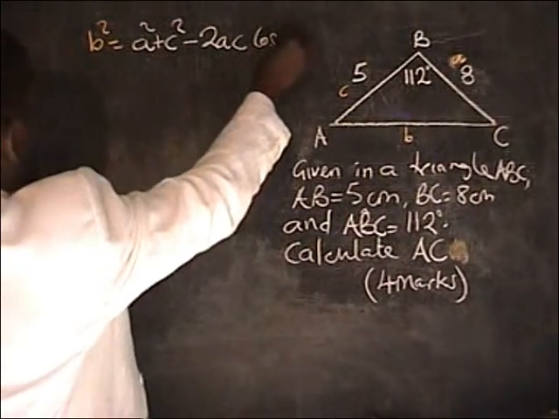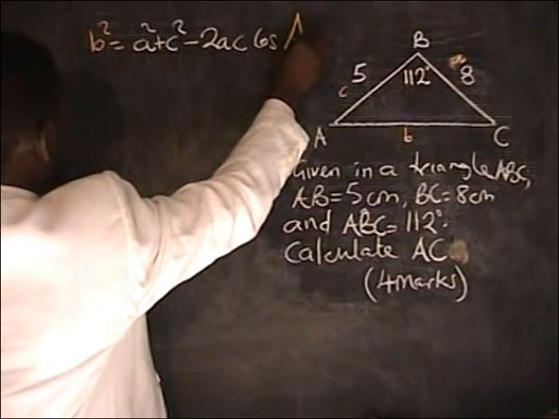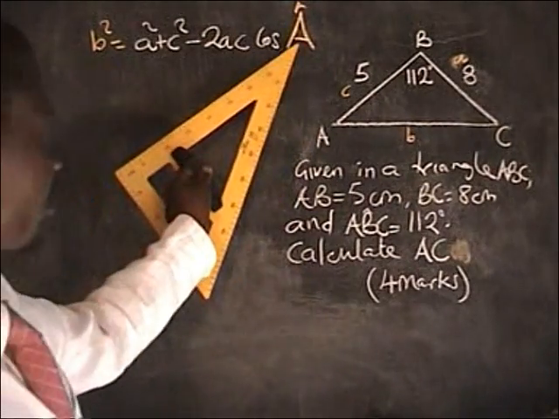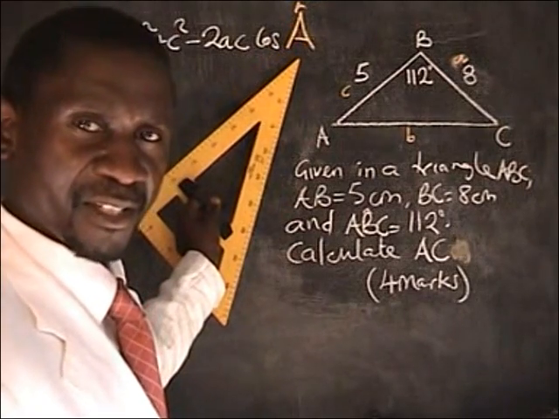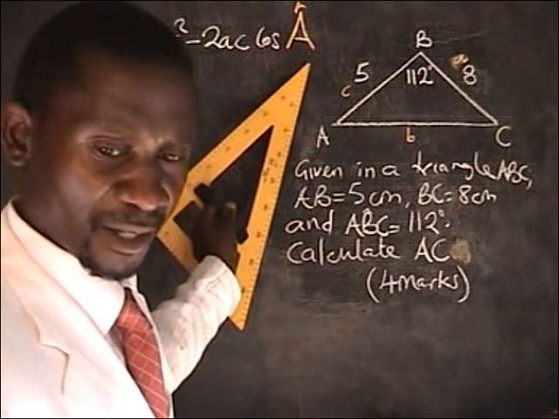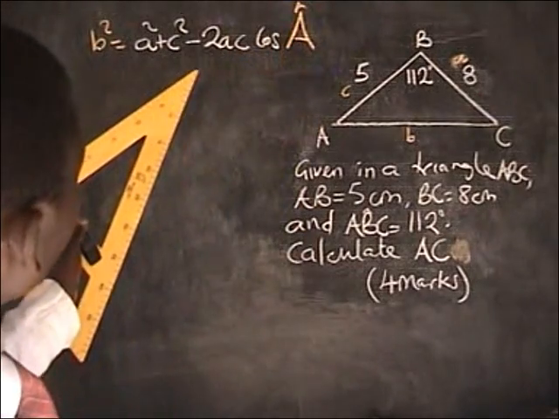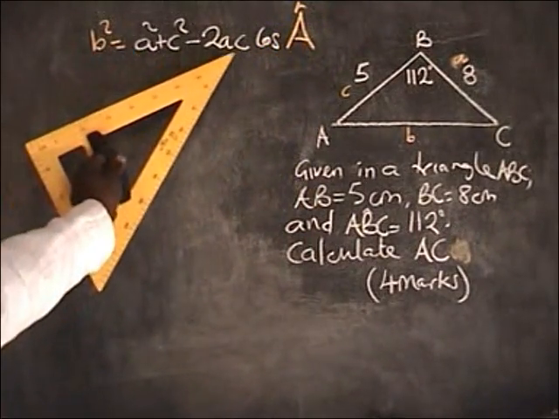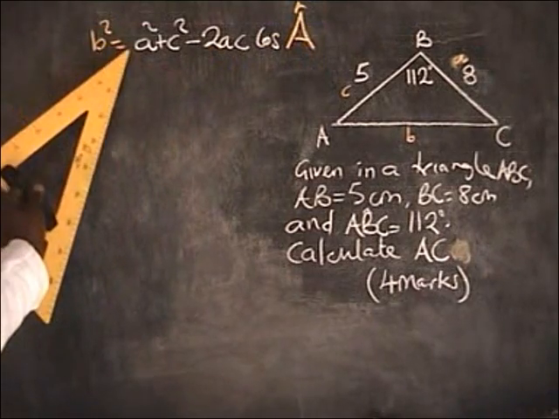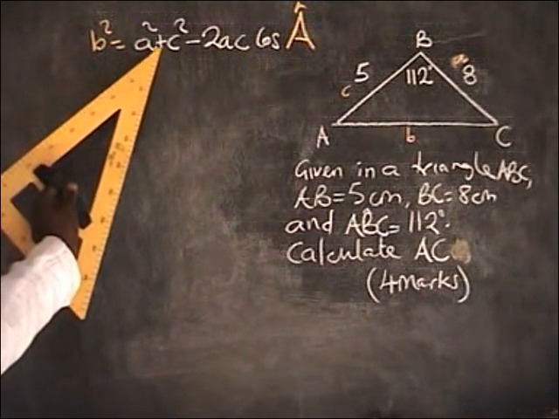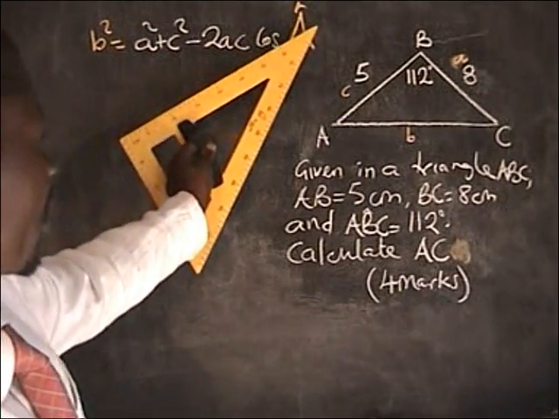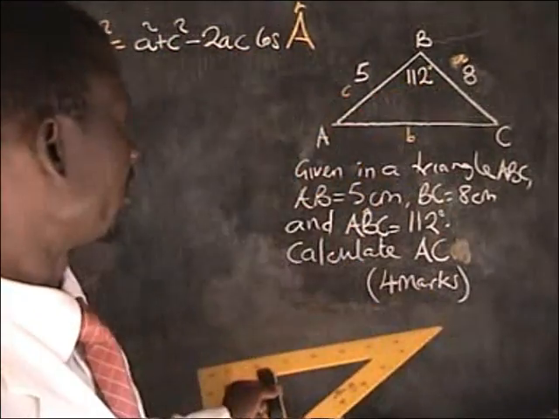Mind you, the angle is applied at a, so cosine A. Meaning that this must be a capital, in such a way that it represents an angle. Cosine capital A to mean an angle, and the rest are small letters. b squared equals small letter a squared plus small letter c squared minus 2ac, then cosine capital A, meaning that the angle is at